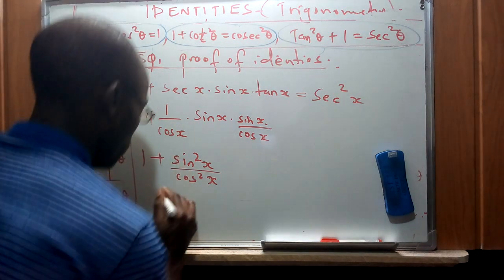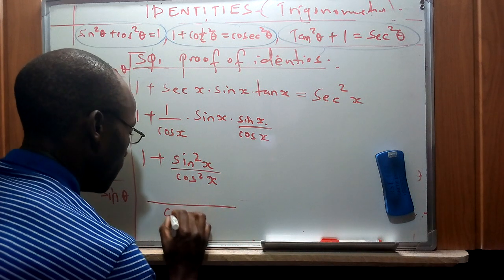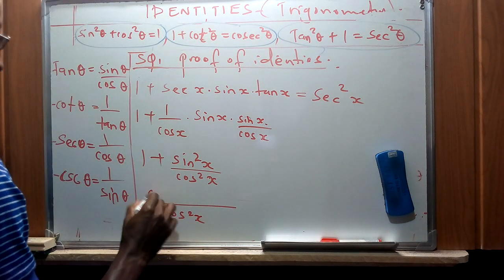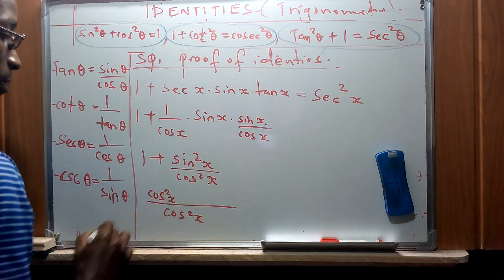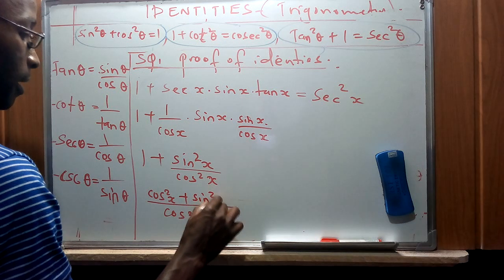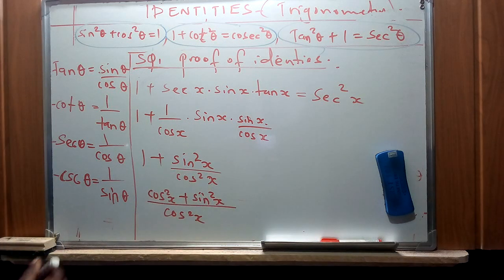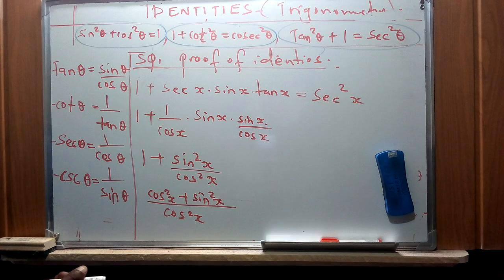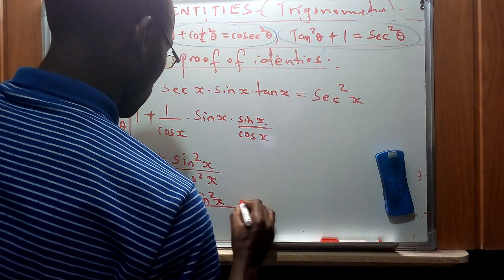So if I make the cosine of x the common denominator, this is going to be cosine squared x plus the sine squared x. But we have already defined this as the first identity in the Pythagorean identities. So therefore, this is going to be